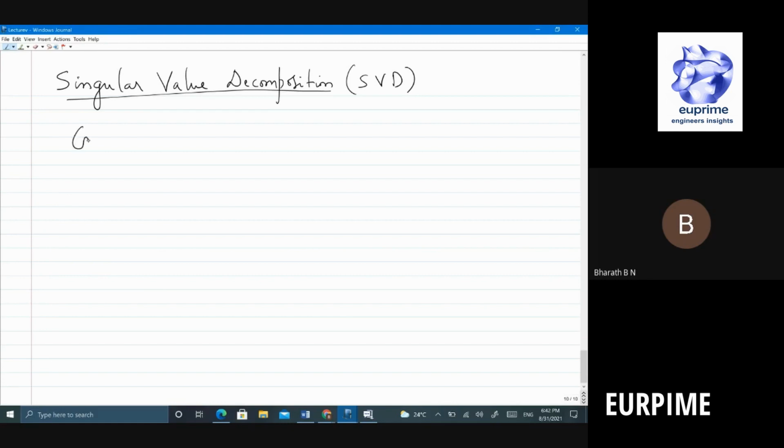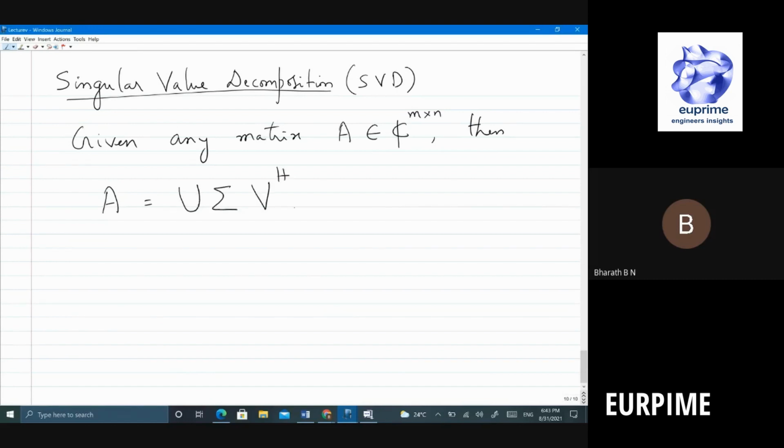Given any matrix, this is so powerful, right? Let A be in complex m cross n, then I can write A as U sigma V Hermitian, where